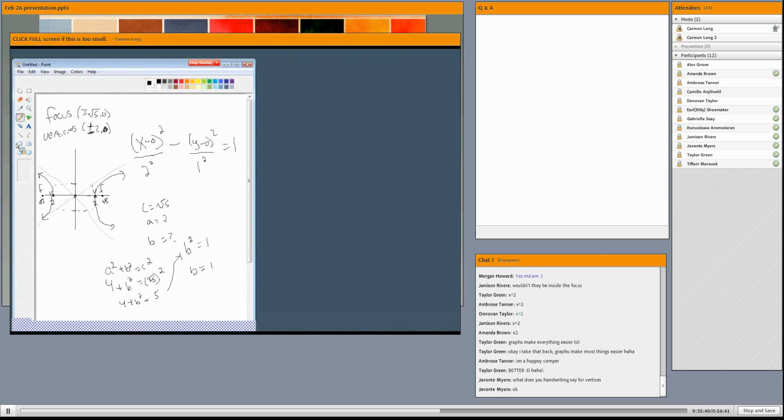Like, for instance, I want to pick a hyperbola because that's what we're working on right this moment. Now, do you remember what the coefficients are going to be if it's a hyperbola? Does anybody remember? All right, y squared minus x squared